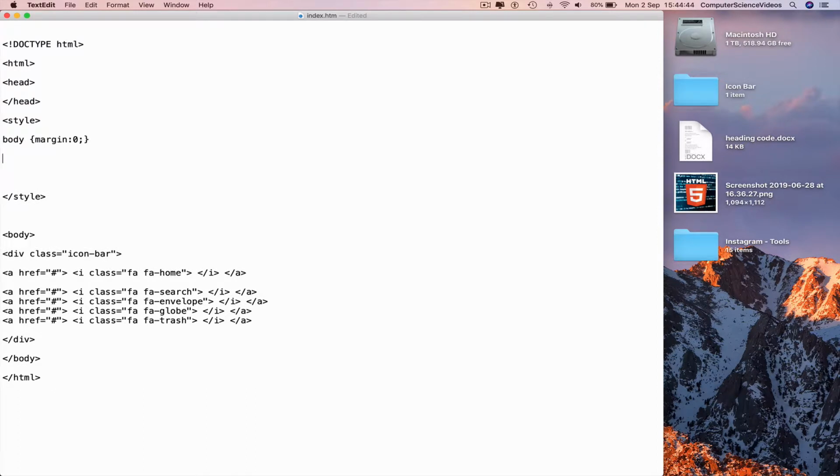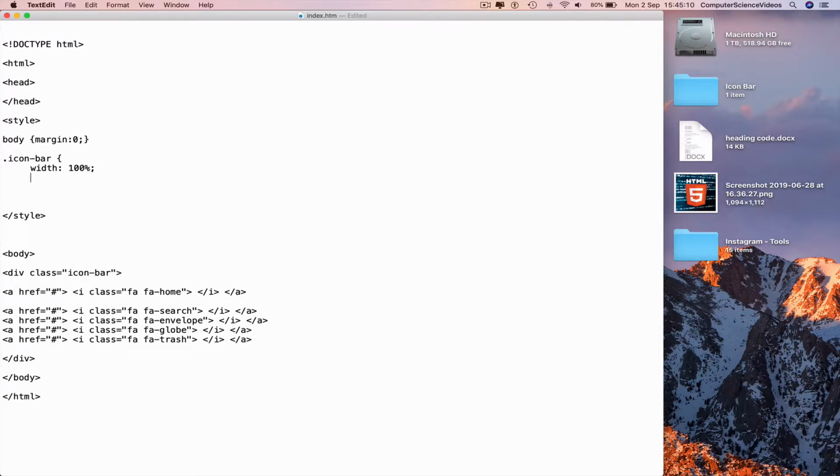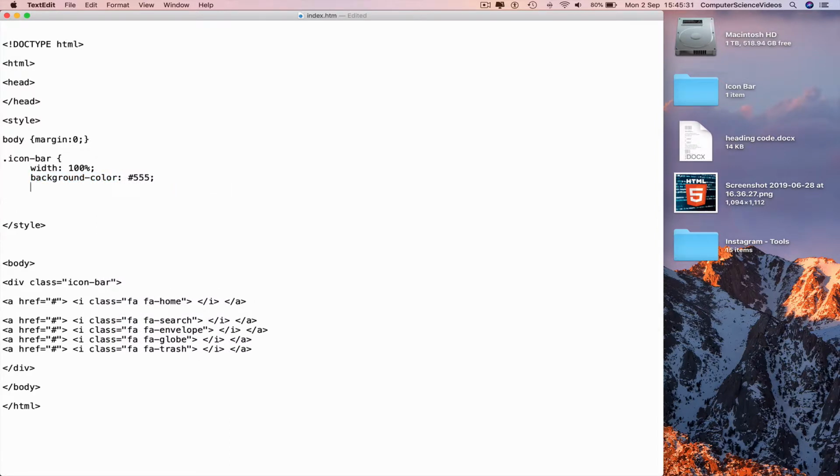This is why we divided using a div tag, as we need this for the CSS. Dot icon-bar, curly brace, next line. The width can be 100%. We can change this if we require. Semicolon, next line, indent, background-color colon hashtag 555. Ignore the spelling for the moment. Semicolon, next line, indent, overflow colon auto,